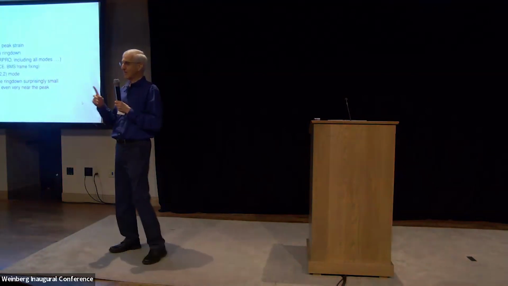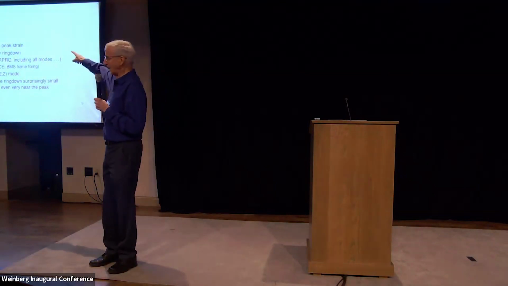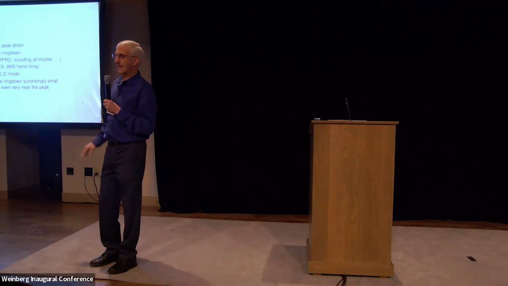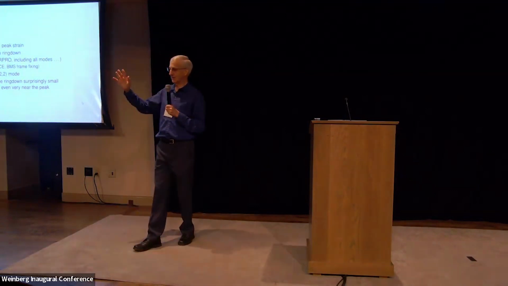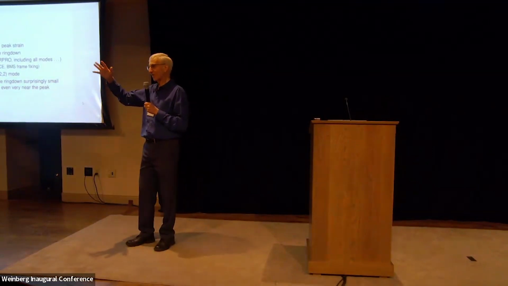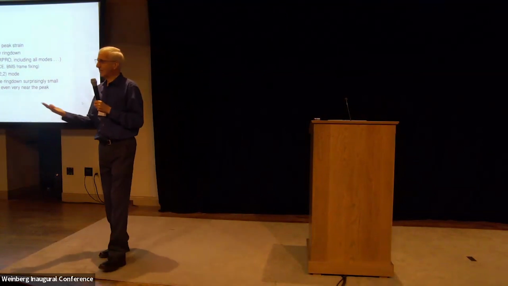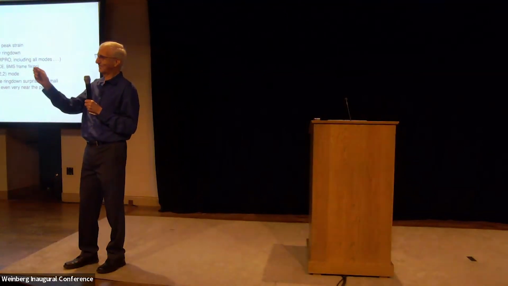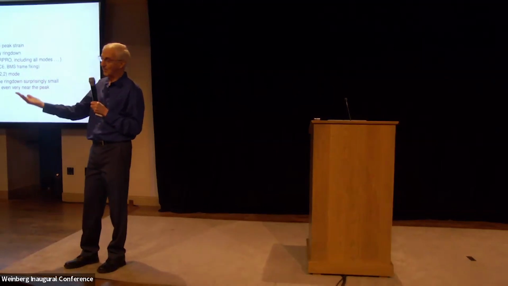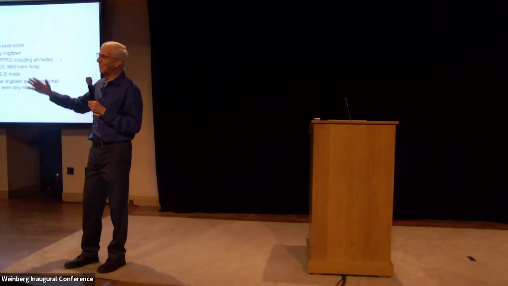So first of all, let me just say that you don't get such a great fit if you go too early. I mean, we were down to level 10 to the minus 8. So certainly we can see deviations. Even when you get close to the peak, you can start to see things turning. It's not great. So I think you have to define the criteria. Are you happy at 10 to the minus 4? And depending on where you set that